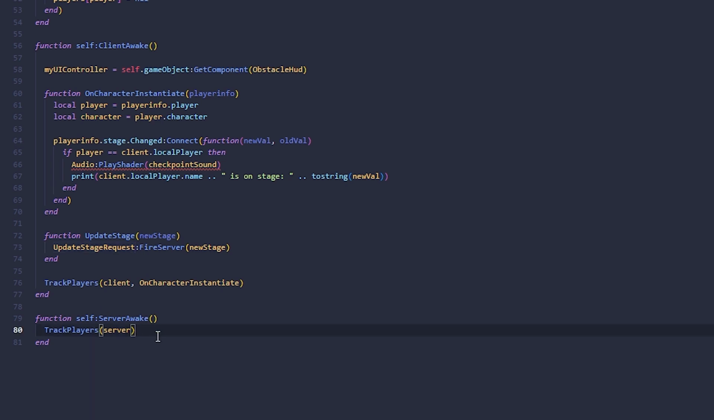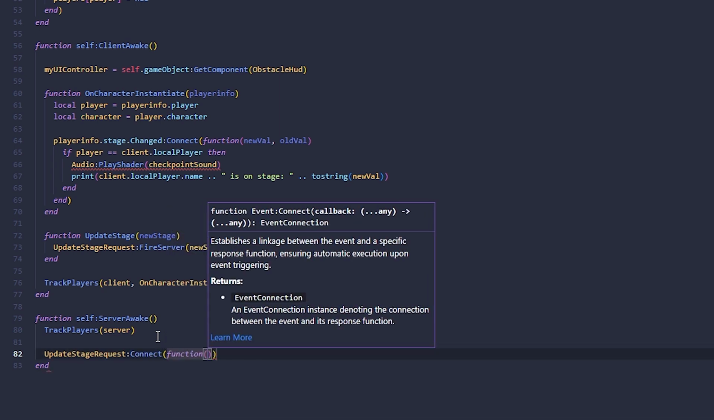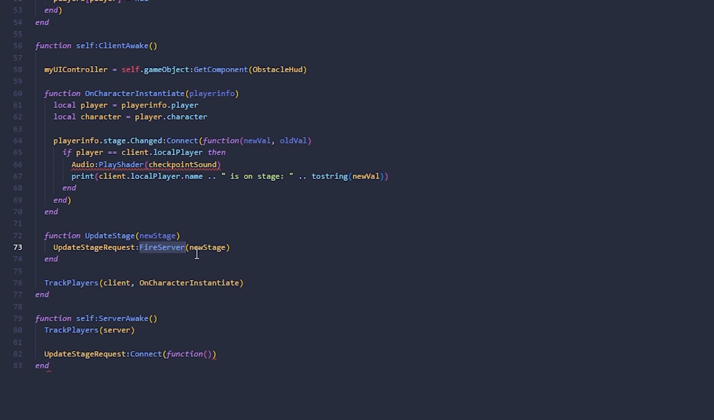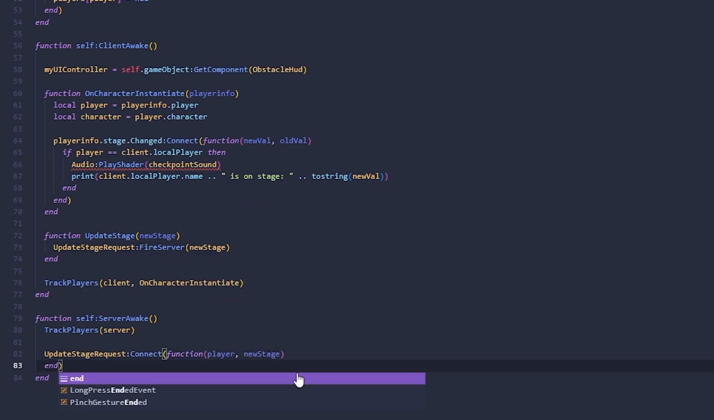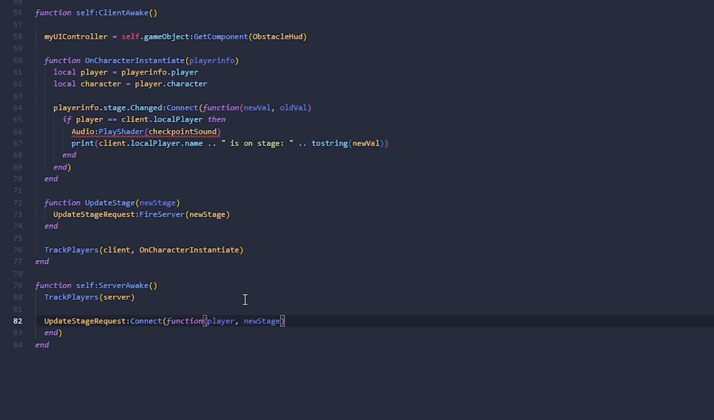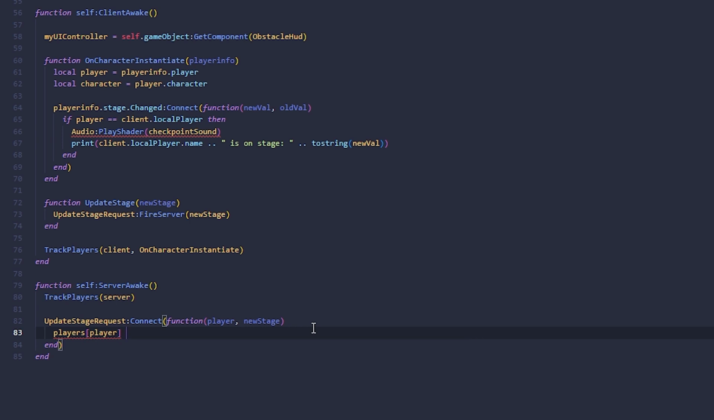So let's go back to the server awake and let's do update stage request and connect function. Now, since we fired it on the server with the value, the first argument is always going to be the player. So player, and then the new stage that we just got, right? And now that we have the new stage, we basically want to update the player. So we're going to say player, which is the key of the player, and then dot stage, dot value